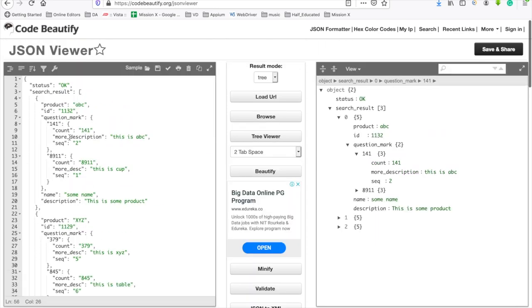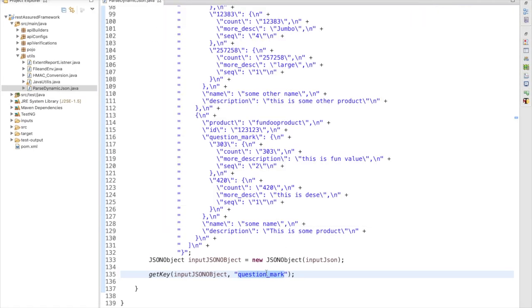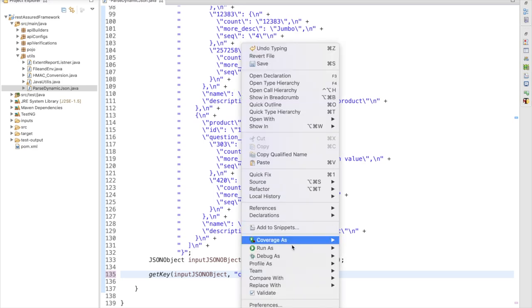But if you get the count value or this value, again it is going to print this entire JSON object. But if you get a count, let's say your JSON is like a student application or some employee tree, and you want to get the phone number of each employee, you can get the phone number. Let's say this count is your phone number, so you can easily print the count.